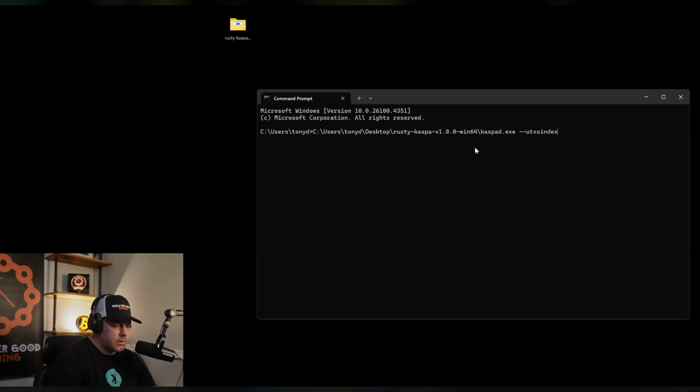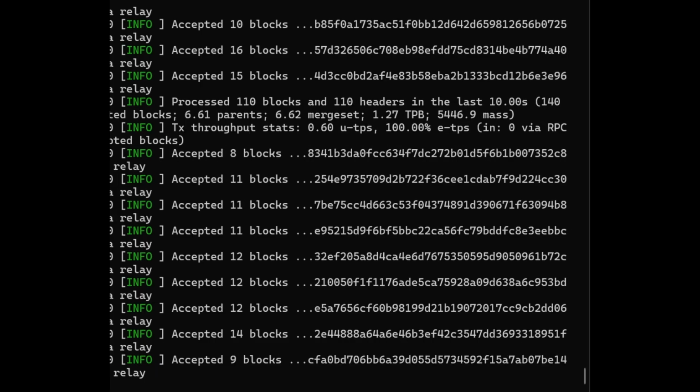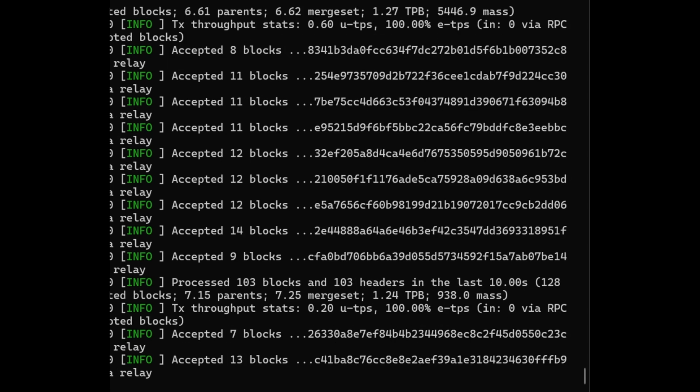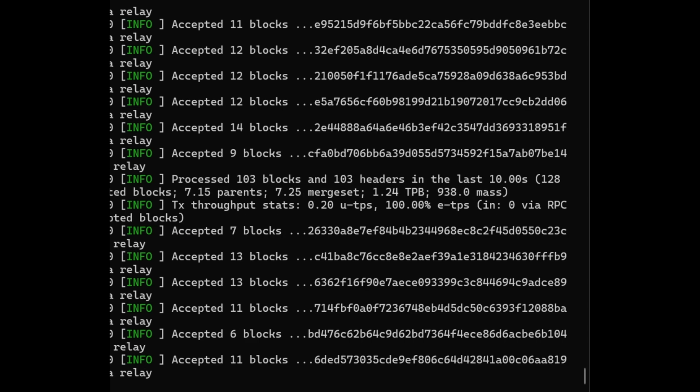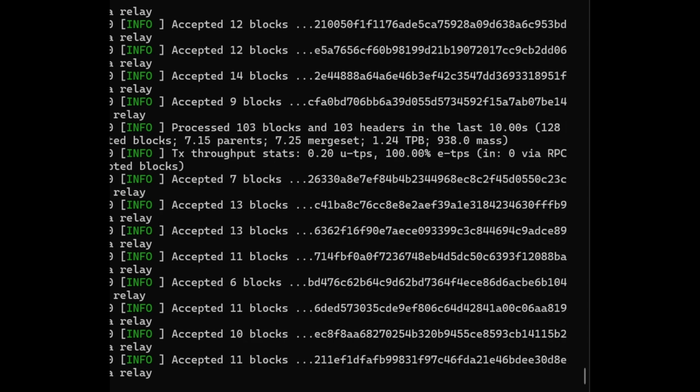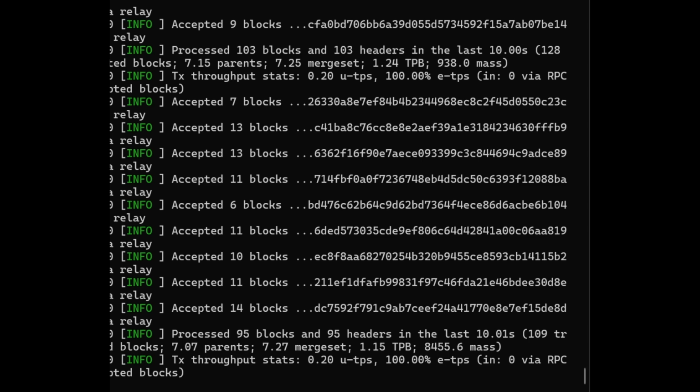And then you're going to hit enter. Once you hit enter, the node will start syncing up. It can take several hours. I've already got mine synced up, and this is what it should look like once it does sync up. But in the meantime, while we're waiting for the node to sync up, we have other steps we need to